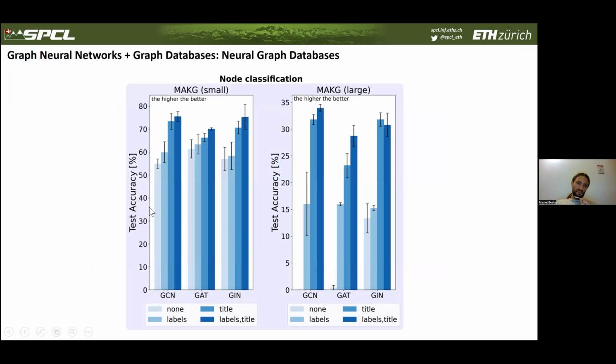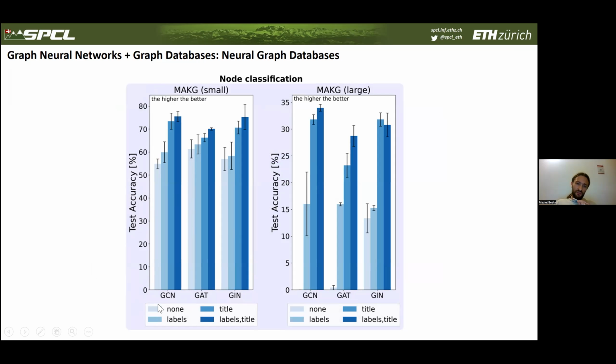And the y-axis is the test accuracy, so the higher, the better. The purpose of these plots is to show that with LPG2VEC we can have better accuracy, because LPG2VEC successfully preserves this additional information that we have in LPG graphs on top of the graph structure to make better